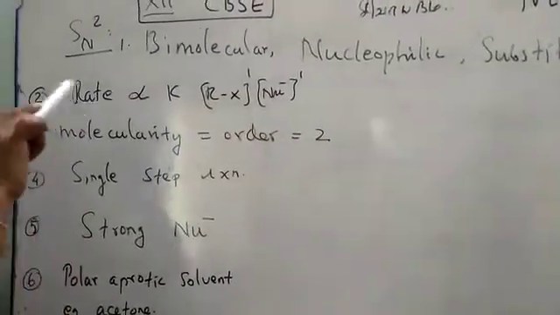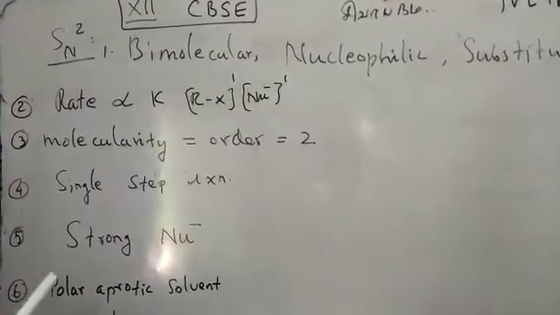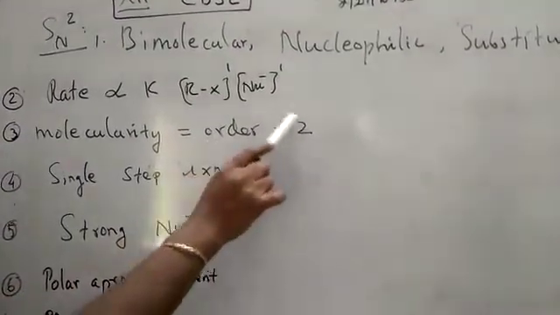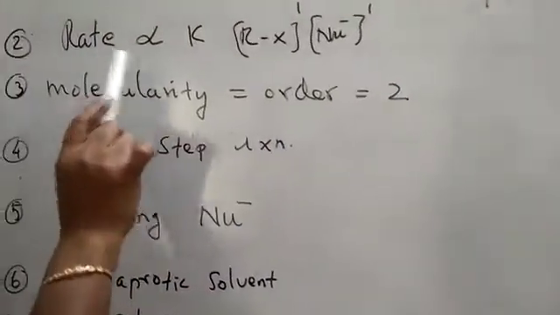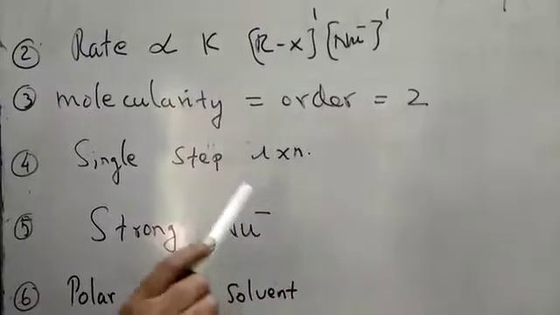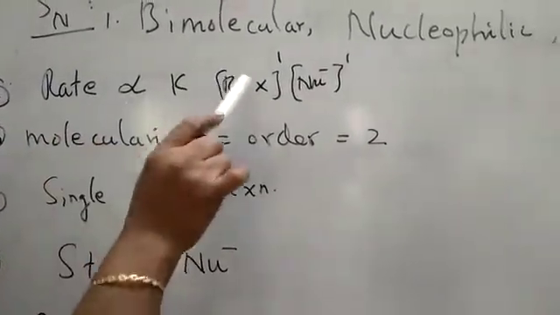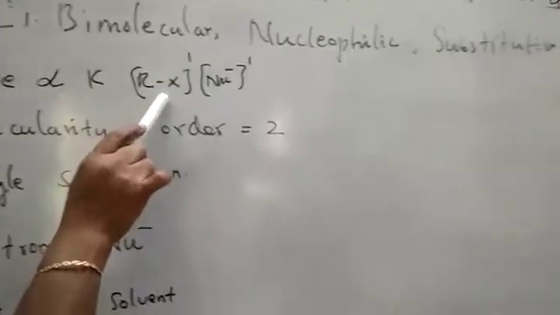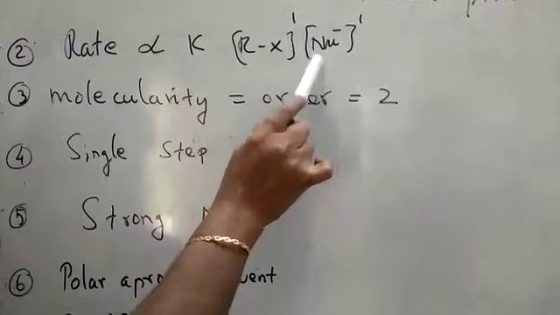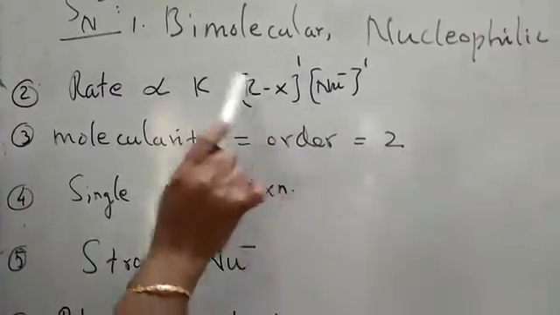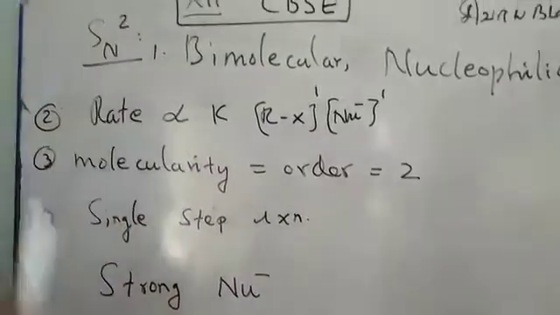Okay, let us see the explanation one by one. The 2 is given because the rate of the reaction is second order. What is the meaning of second order? You might have already finished the rate and kinetics lesson. The rate of the reaction depends upon the concentration of the substrate, that is pure alkyl halide, and the nucleophile. That is, it depends upon two components, so it is called a second order reaction. Based on that only 2 is given.